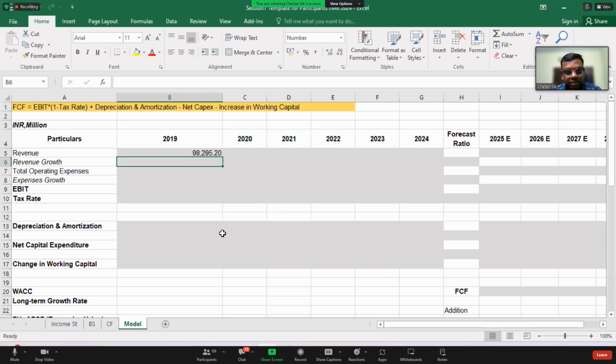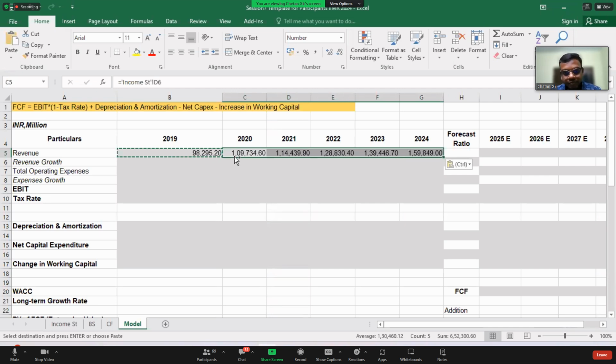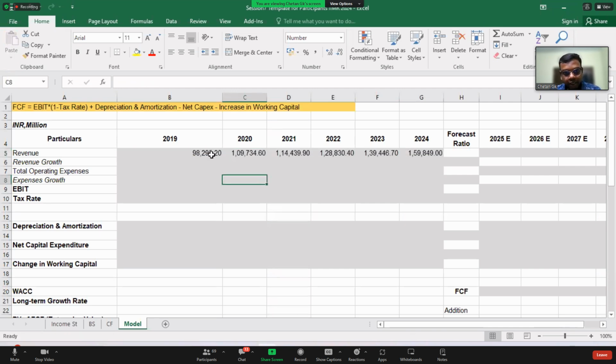Okay, I just enter here, and again I copy this. We should be very fast in doing this. So we have taken up all the figures for revenue. Is it fine? Those who are unable to match my speed can just observe what I am doing, and later on you can come back and do this. Is it fine?